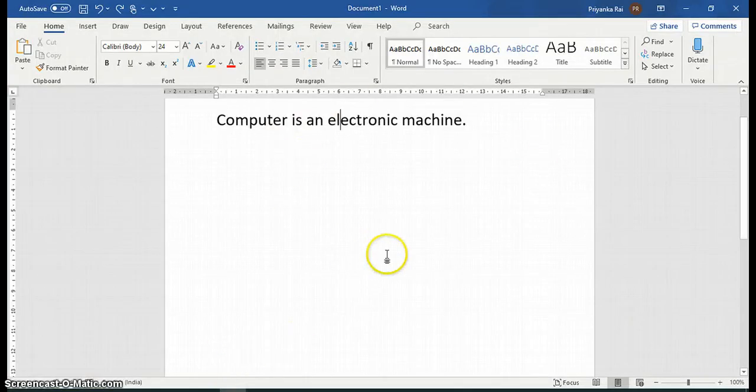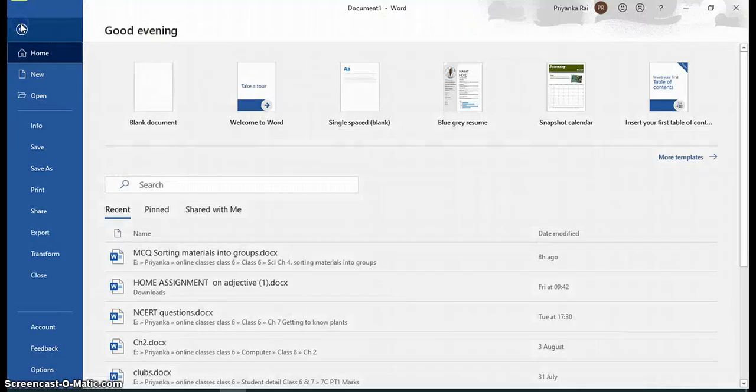Students, this is the Microsoft Word window. I have shown you how to open the Microsoft Word window. Now, if you want to create a new document, what will you do? You will click on the File tab, and here there is a button for New.